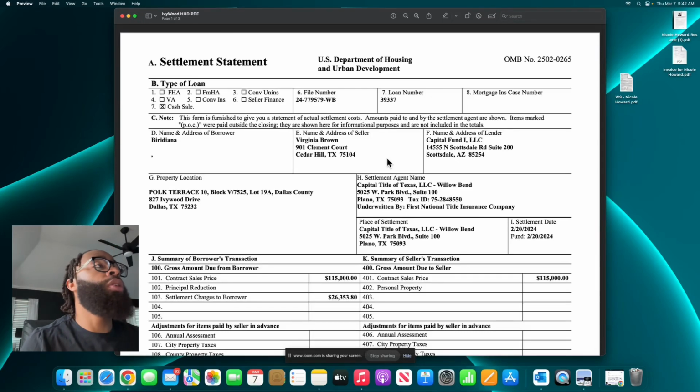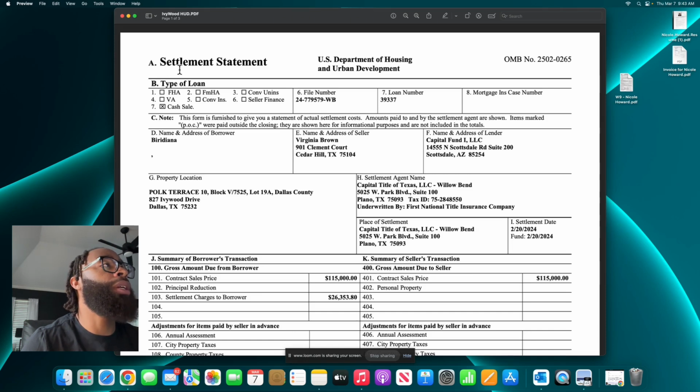All right, y'all. So what we're going to do today is just go over a HUD or closing statement or settlement statement. This is the document that you have to review when you are buying or selling property. Once it goes through the title company and it gets to the closing table, this is the final form that everybody signs. So you want to make sure that this is right. If you see this at all, you want to review it, know what you're looking at, and know how to identify any issues that need to be